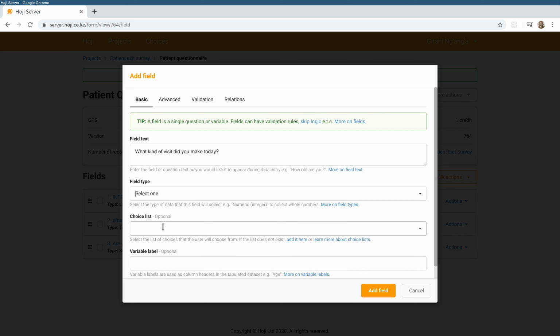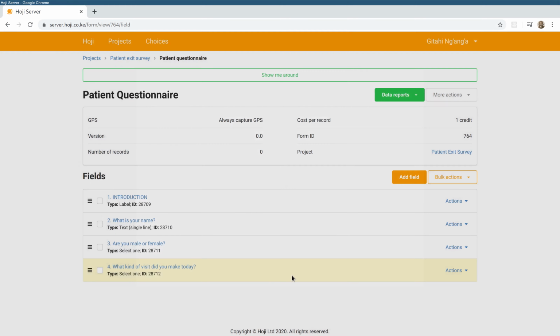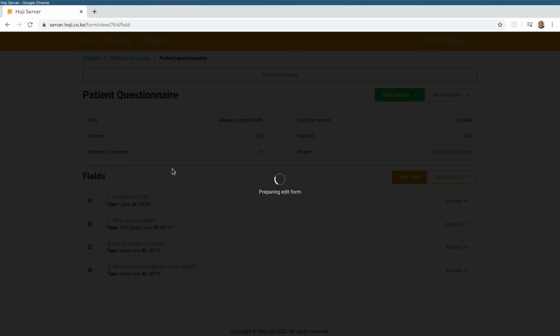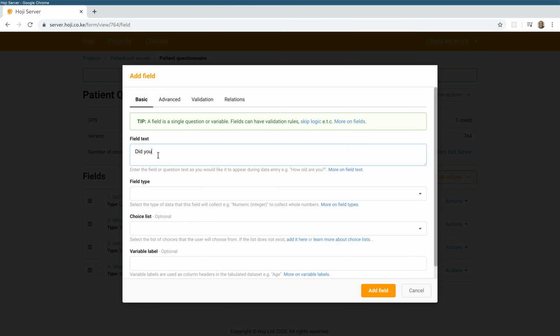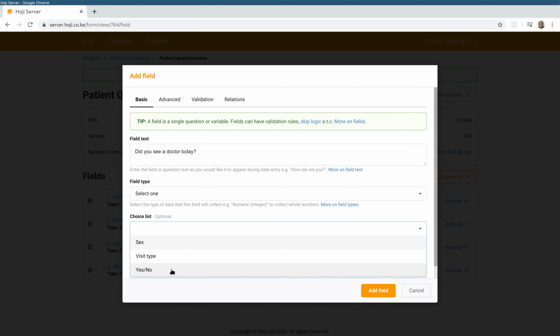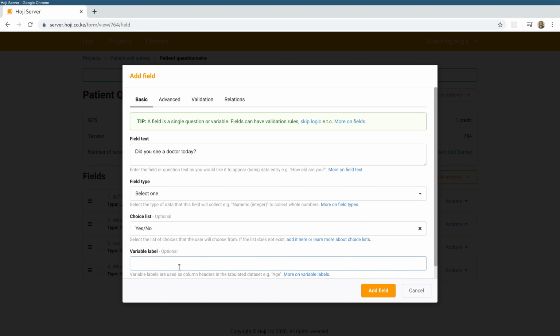That's also going to be select one from visit type, which has appointment and walk-in, and we're going to call this variable visit type. Save that, and then we want to know whether or not they saw a doctor today. So add field, did you see a doctor today? This is also going to be select one, and it's going to be yes or no, and the variable will be called so doctor,